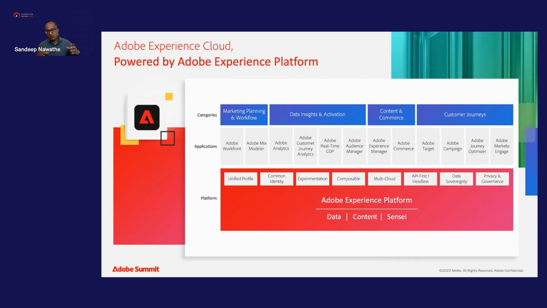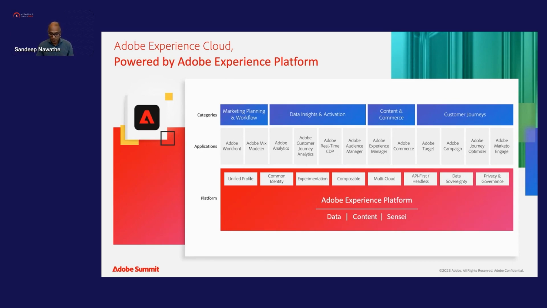In Adobe Experience Cloud, the centerpiece is the Adobe Experience Platform, which has been built completely organically within Adobe in the last 5 or 6 years. Most of Adobe's well-known solutions, which were acquisitions in the past, all work on top of this platform, and some of those include the most recent acquisition, Workfront, Adobe Experience Manager, Adobe Target, Adobe Campaign, Marketo, etc. Along with that, there are certain new applications that have come up, which are based on profile and identity, including the Real-Time Customer Data Platform, or RT CDP, which is going to be the focus